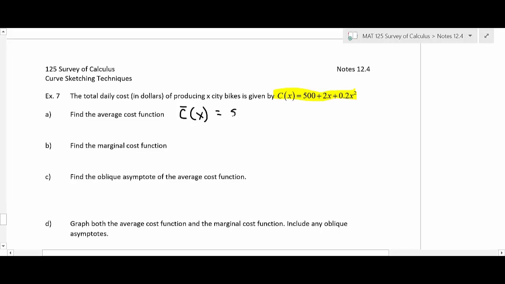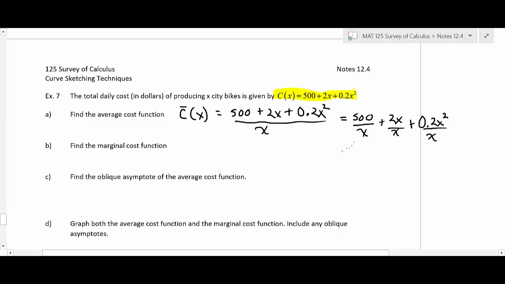Okay, so we're going to take that function. You want to just write the function, and you want to divide it by x. Okay, now I'm going to go ahead and break it up and do that. And you're more than welcome to do this all in your head if you want to. With practice, that's pretty easy to do. So just split it up